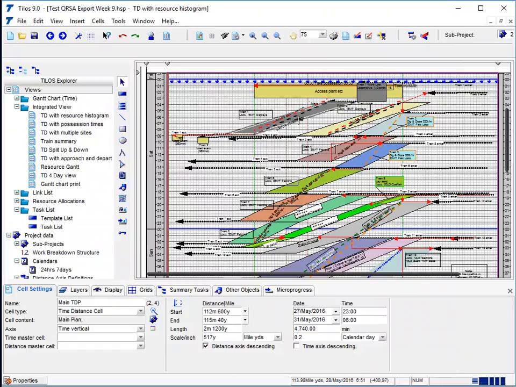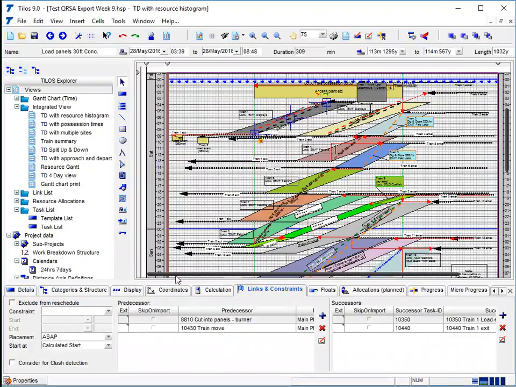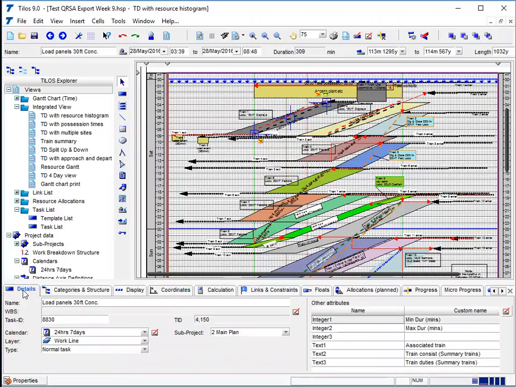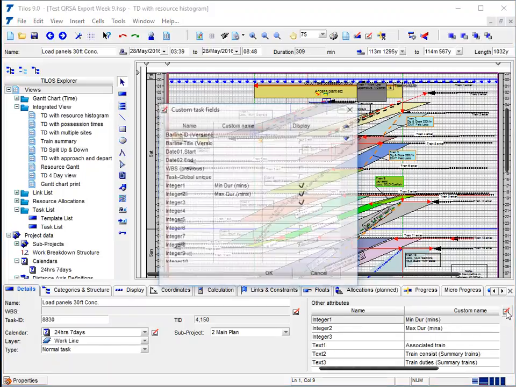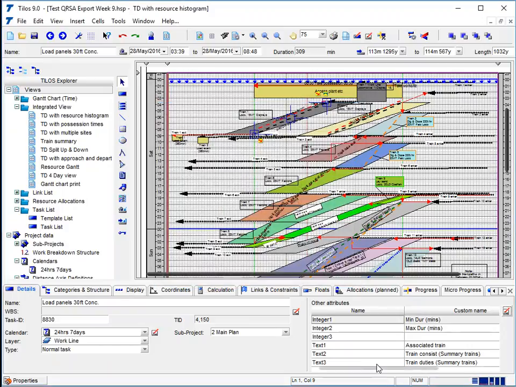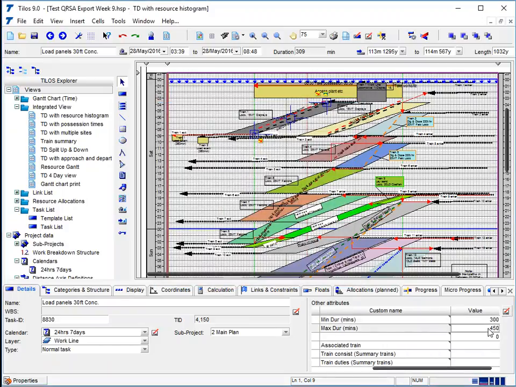The second thing is optional, and that is you've given this task a duration. If we look at that on the Coordinates tab, that's got a calculated duration of 309 minutes. So it's possible to give that a minimum and maximum duration, and they're held on the Details tab, Other Attributes, in the integer 1 and 2 fields. If you can't see them, you click on this button here and you'll reach this dialog where you can turn them on and off, and you can rename them to a more meaningful name if you want to. Then on this individual task you can give it some values, and that will then translate into the